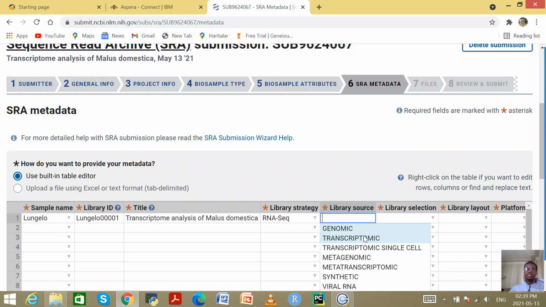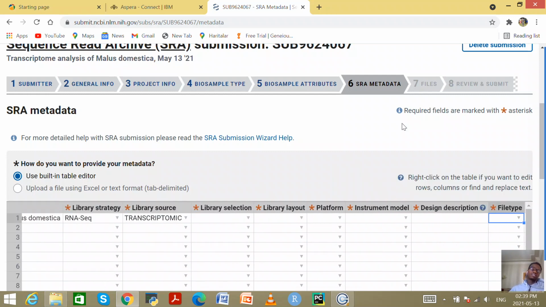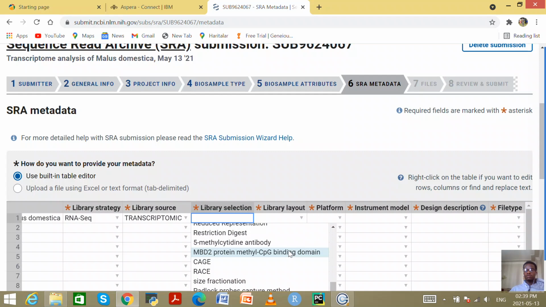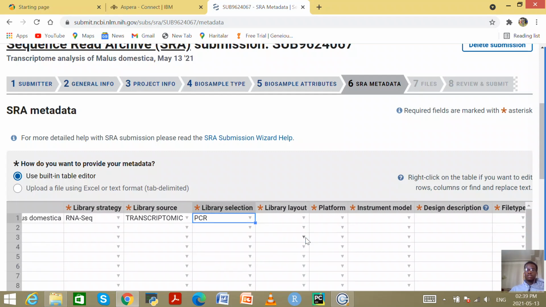But in other cases, for example if you do whole genome sequencing, I think you would click genomic. But if you're doing viruses, then you have to click viral RNA. So I'll click transcriptomic, and then library selection, there are different library selections. Maybe you use PCR, random PCR, or real-time PCR. You click the one that you used for your research. In my case, I just use PCR. And library